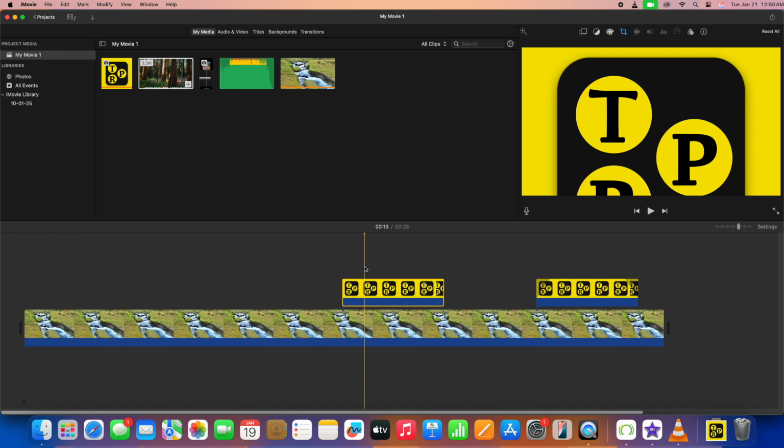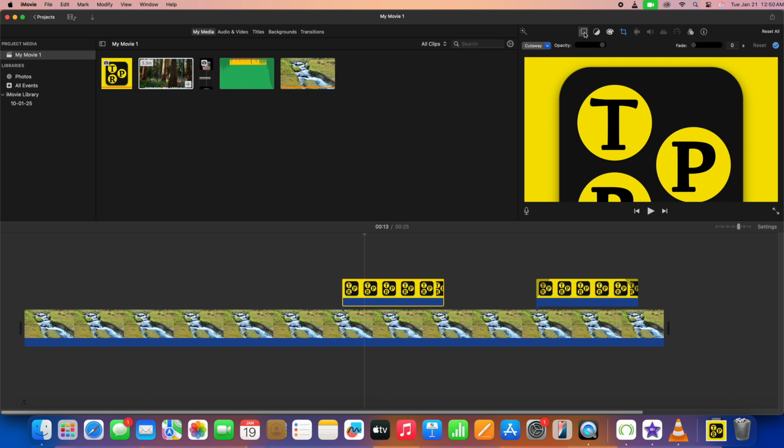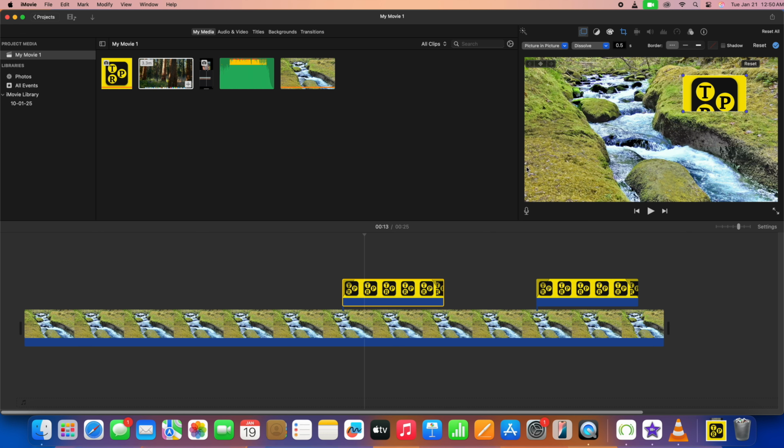And once the image layer has been selected, what you need to do is click on this first icon, which is for video overlay settings. So click on that, and after that you will notice that currently Cut Away is selected here. So we will click on this drop down icon and then select the option that says Picture in Picture, and that will transform the image from covering the entire screen to a selected portion like this. But currently you will notice that a certain portion of the image has been cropped and the entire image is not showing. So we need to fix that, and for that we will first click on this done check mark,